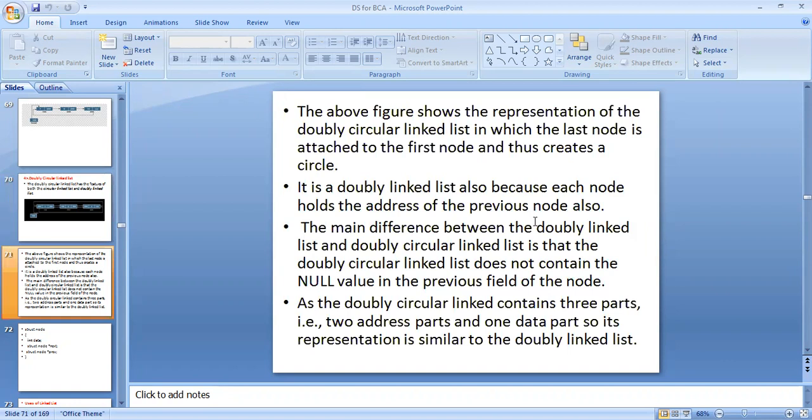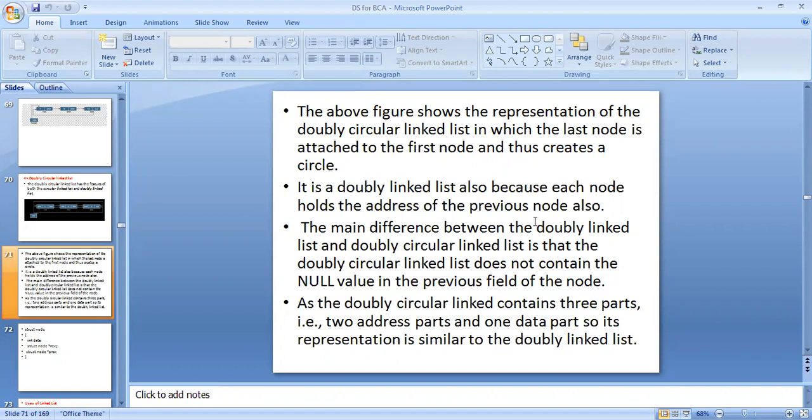The above figure shows the representation of the doubly circular linked list, in which the last node is attached to the first node and thus creates a circle. It is a doubly linked list also, because each node holds the address of the previous node as well. The main difference between the doubly linked list and the doubly circular linked list is that the doubly circular linked list does not contain a null value in the previous field of the node.